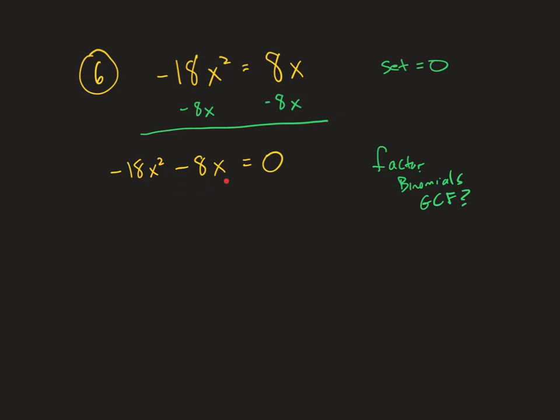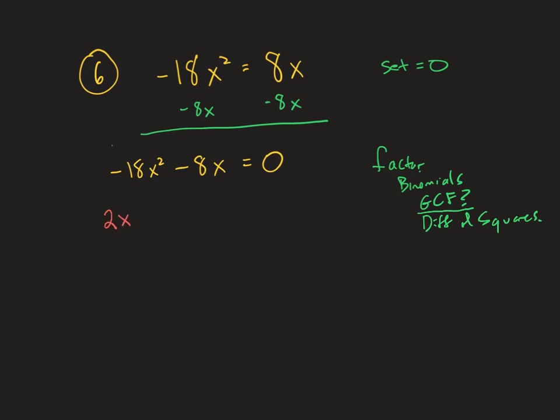Also here we've got an x in both terms, so you can take out a 2, you can take out an x. If that hadn't worked, we'll also see some examples of difference of squares, and we'll look at that in the next example. But for here, got a greatest common factor, so you'd want to take out a 2